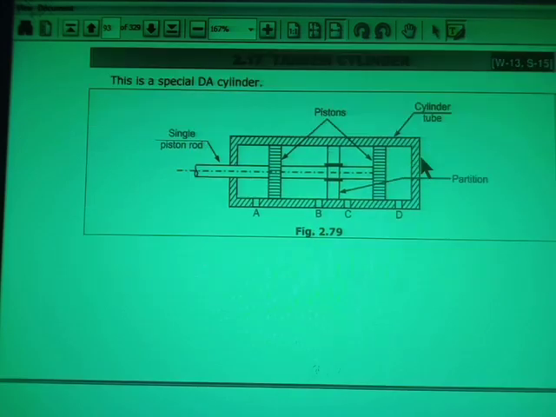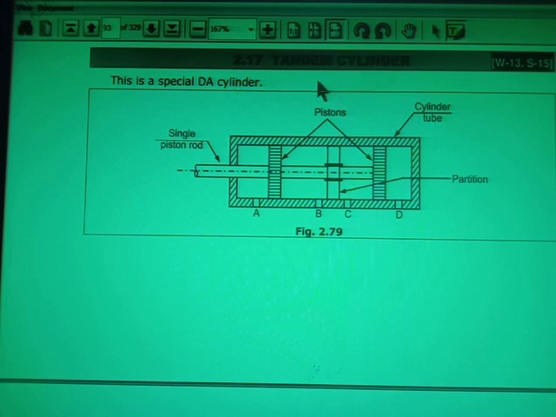The next type of hydraulic cylinder is known as the tandem cylinder. Now tandem cylinder means what? When you have a very small cylinder diameter, means the cylinder is very small, but with that small cylinder you want to generate a very large amount of force. Now when you want to generate a high amount of force, what do you have to do? You have to apply more pressure, right? And it is done in case of the